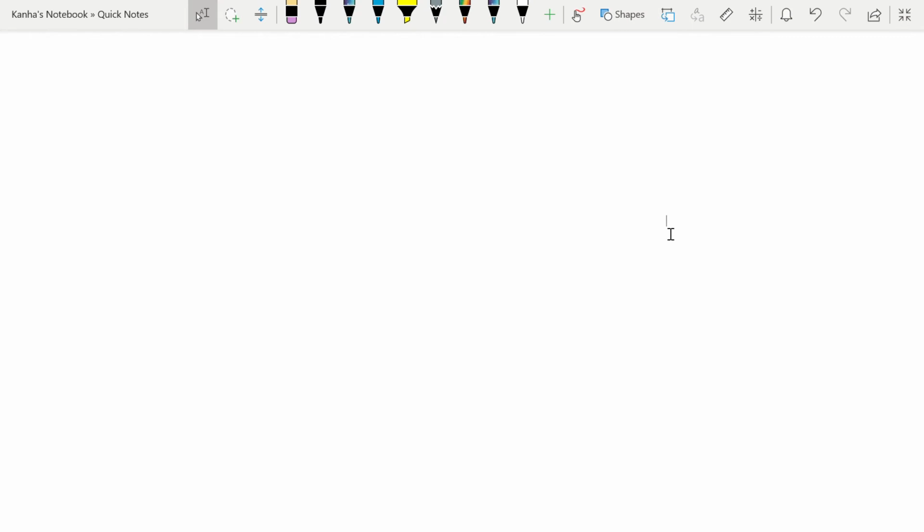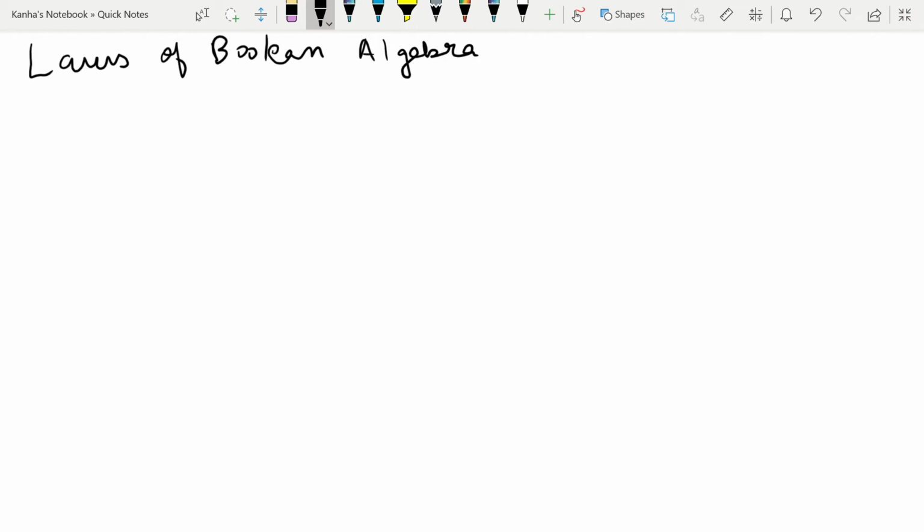So the previous question did not have many gates in it, and still it took us some time to find the answer if we followed the normal procedure. Now there is a systematic procedure to do the same thing in terms of Boolean algebra. So now I'll give you some laws of Boolean algebra, which will be essential if you want to solve complex logic circuits quickly. These laws are given as follows.